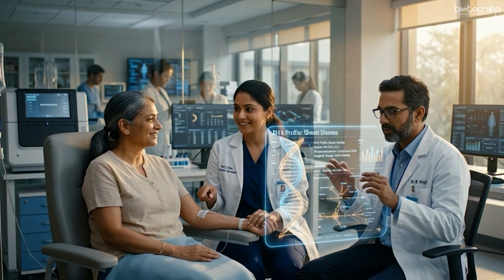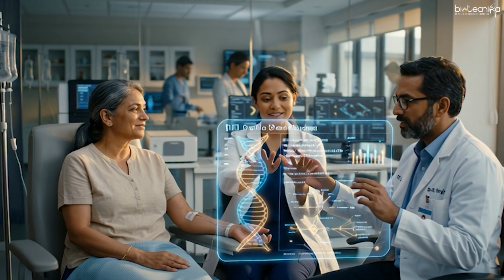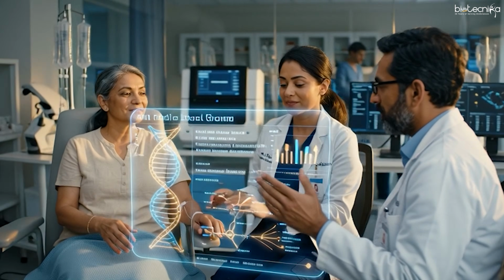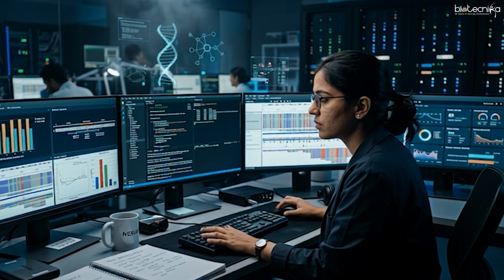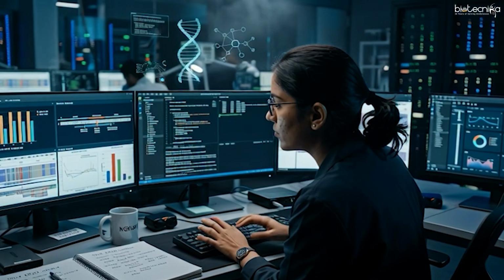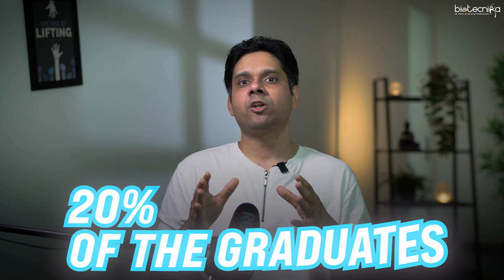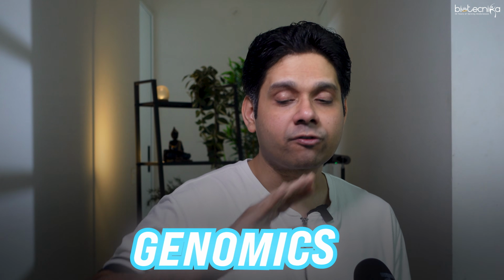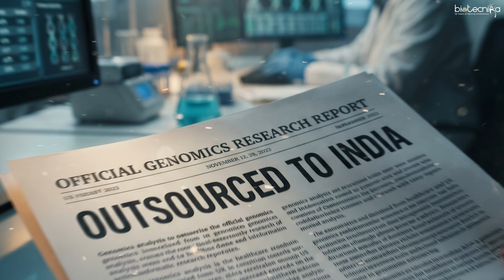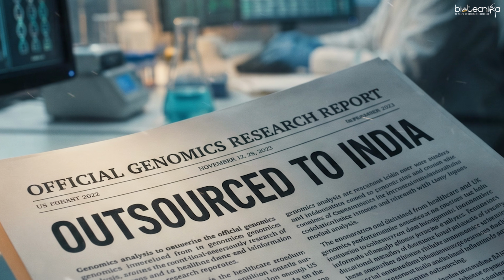Now, why? Because medicine is now moving towards personalized medicine. We are looking at NGS trained professionals who can analyze and interpret 1 terabyte of data output within a day. Now, this is a significant talent gap because only 20% of graduates as of today know the basics of bioinformatics. Forget genomics or NGS, right? Another very interesting thing is that the NGS reports of the US and UK can also be outsourced to India, where we can run the analysis and send the reports back.